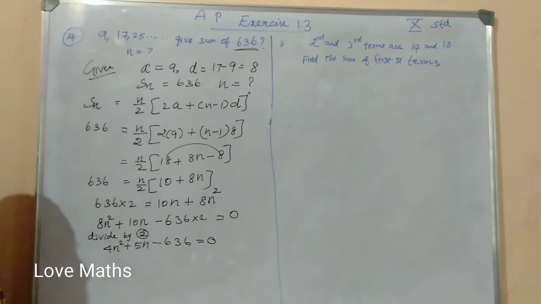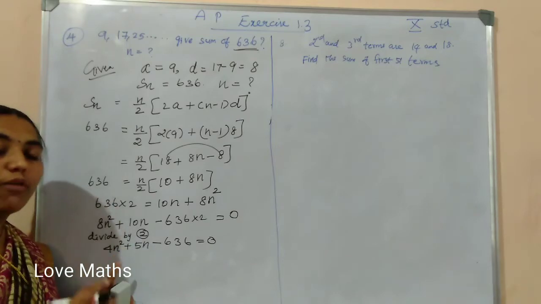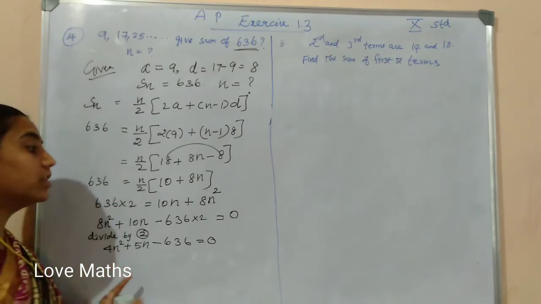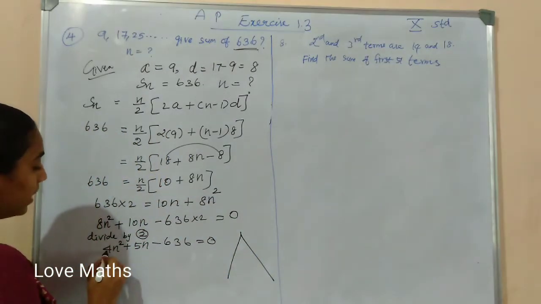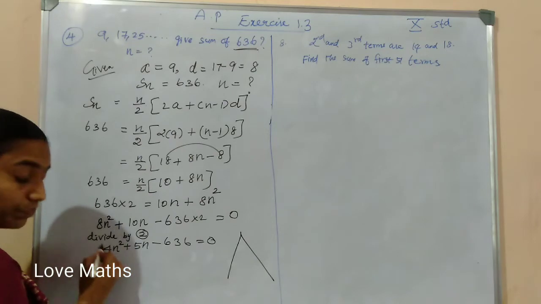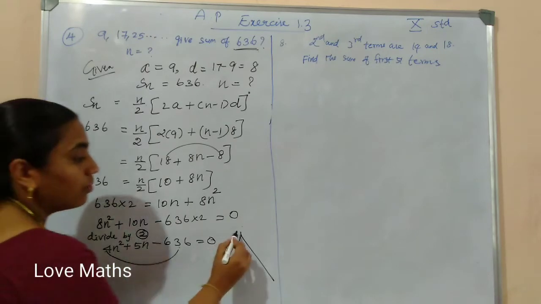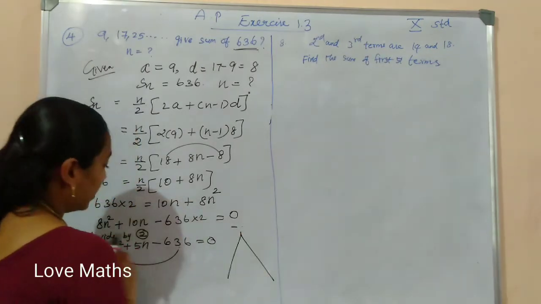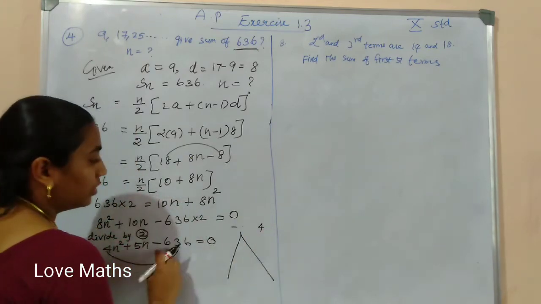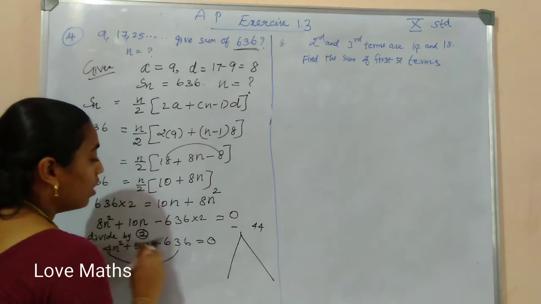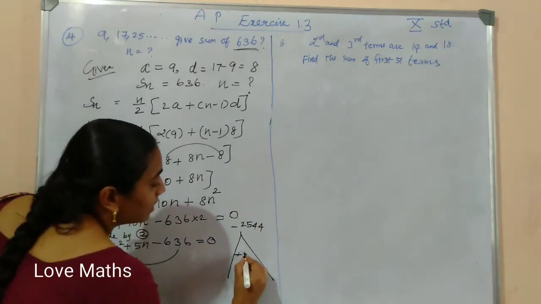Now, it is looking like a quadratic equation because the power is 2. So, we have to find the solution. How to find the solution? For factorization, you should factor. So, how to factor? If n squared has no coefficient, write this term only. But if there is a coefficient, multiply these two and write it on top. Because plus into minus gives minus. 4 sixes are 24, remaining 2, 4 threes are 12 to 14, remaining 1, 4 sixes are 24 and 25. Write this value as under plus 5.